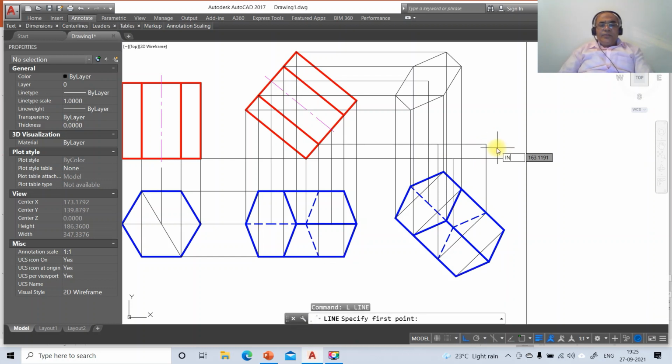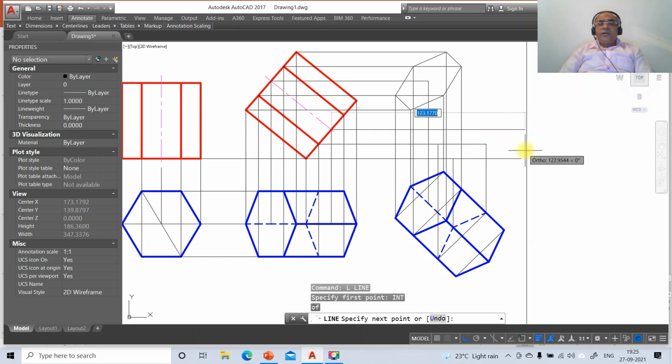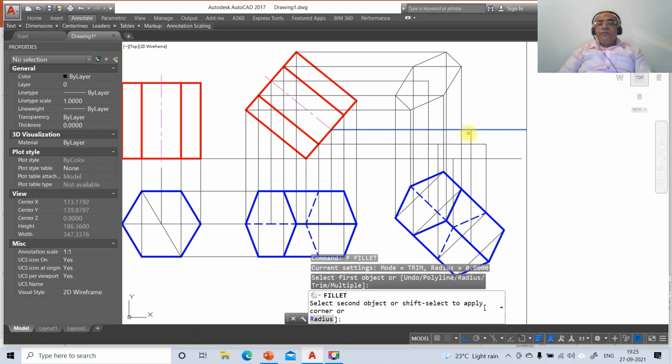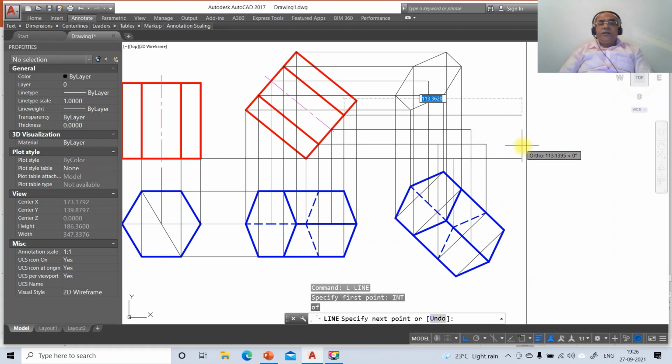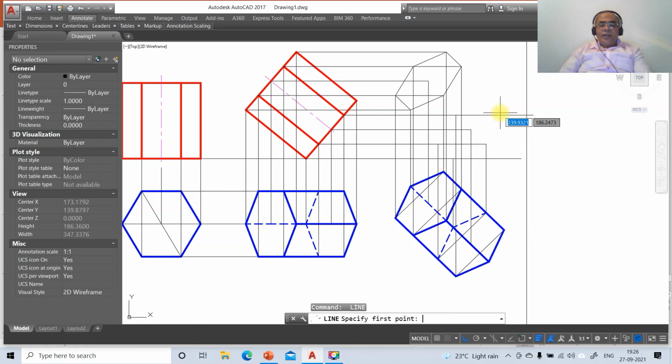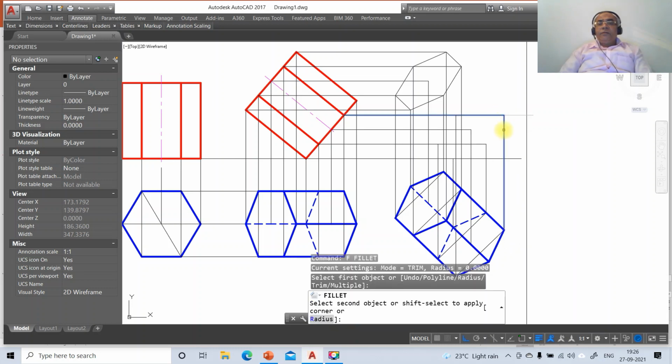Now we have line, you take intersection of this, then go to line, take endpoint of this and draw perpendicular to this, then go to fillet between these two. Now you have line, take intersection of this and draw perpendicular to this. Then go to line, take intersection of this and draw perpendicular to this, then go to fillet between these two,